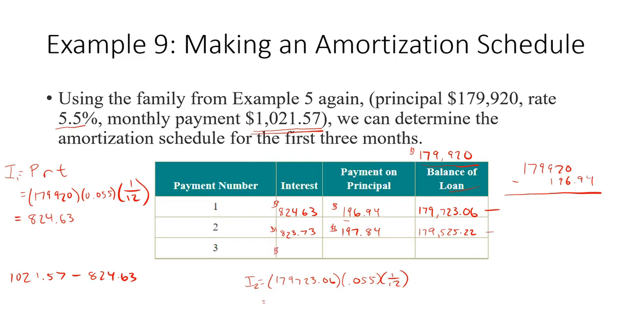That'll give us an interest amount of 822.82. The monthly payment, 1021.57 minus 822.82, 198.75. And then when we subtract 179,525.22 minus 198.75, you get